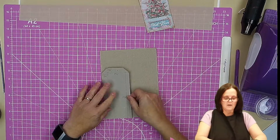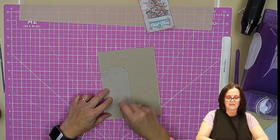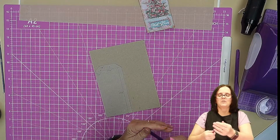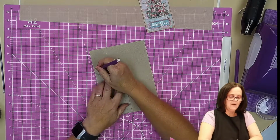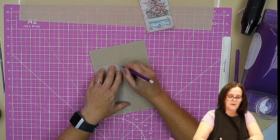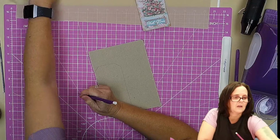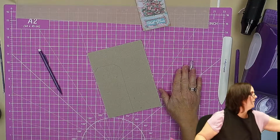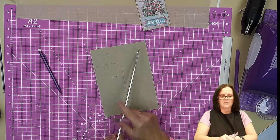So all I'm going to do is place it up to the corner, because then it saves me cutting 2 edges, and with a pencil I am going to draw around my tag, across and down, and then I am going to cut this up. Put my template to one side, and you need a craft knife, and you need a ruler with a metal edge, and